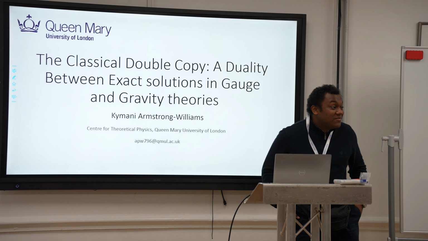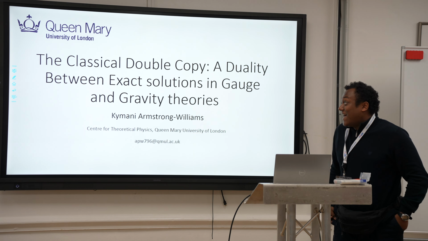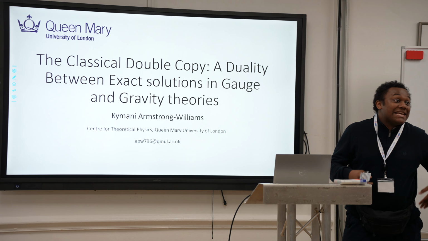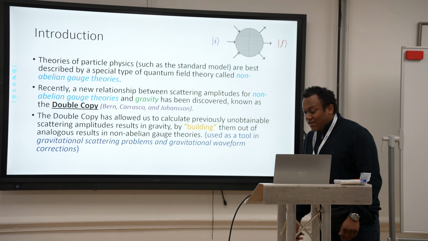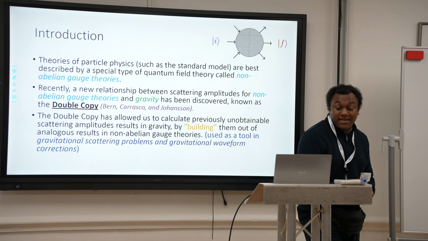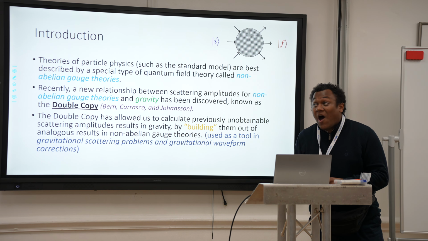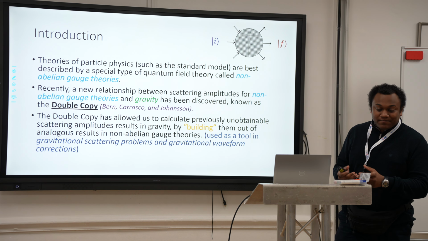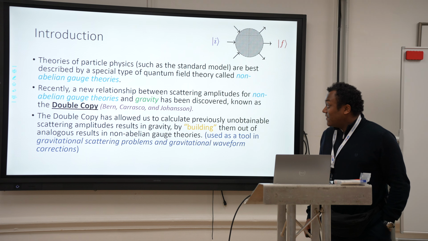So today we're going to talk to you about something called the double copy, what it means and its implications, and particularly look at its implications in classical physics. As a brief introduction, from the viewpoint of particle phenomenology, the best theoretical models we have for theories of particle physics are non-abelian gauge theories, so quantum field theories with a non-abelian gauge field attached to